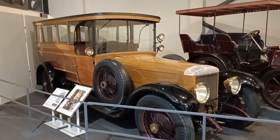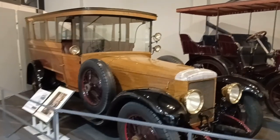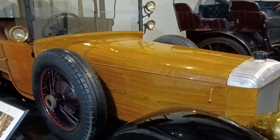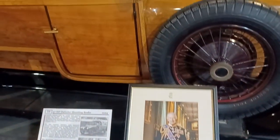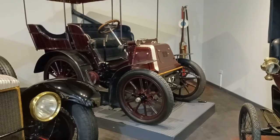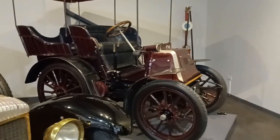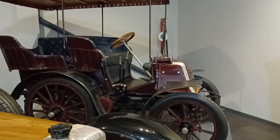The entrance hall has got a 1924 Daimler shooting brake complete with paintwork stylised to look like wood. It's on loan from Sandringham to celebrate the coronation of King Charles. This second 1900 Daimler Phaeton was ordered by Edward when he was Prince of Wales, and this was the first